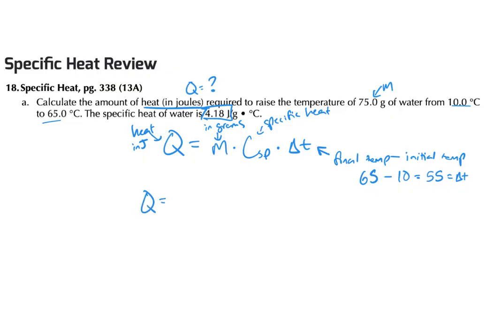So we're asked for Q. That is all by itself on the left side. And on the right side, these are three numbers that are just all multiplied together. So 75 times the 4.18 that they gave us for specific heat times the 55 that we got after we subtract. We put that in our calculator. And in my calculator, it says